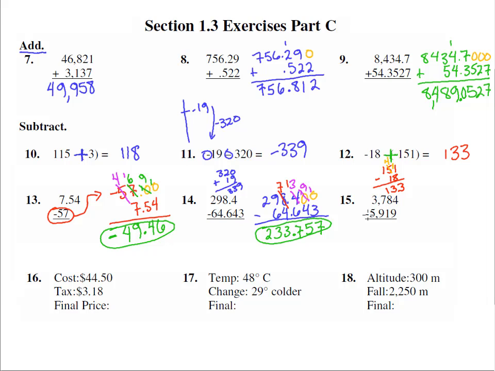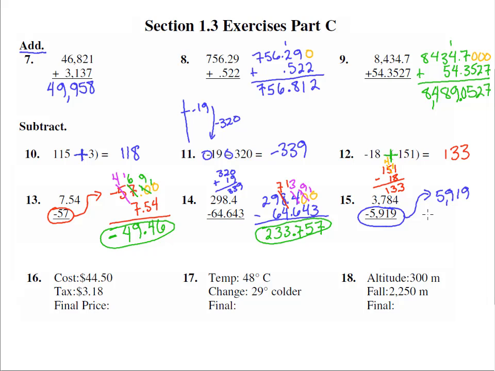3,784 minus 5,919. Well, this is a smaller number, subtract a bigger number. If we're going to do subtraction, which we are, they're opposite numbers. One's a positive, one's a negative. We got to move that stronger guy up here. So this is